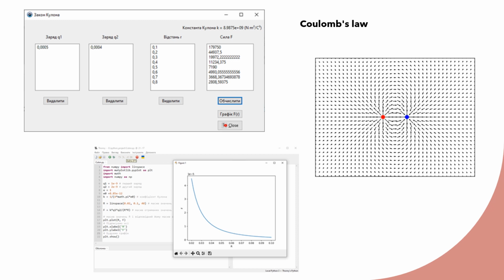If we look at our topic, Coulomb's law, we can create an application in Object Pascal that will calculate the value of the interaction force for the entered values of the charges and distances. In addition, we can plot the dependence of the interaction force on the distance between the charges. To visualize the interaction of point electrostatic charges, field lines are usually drawn to show how the charges interact with each other. For such a visualization, one can also use the Python programming language with appropriate libraries or ready-made